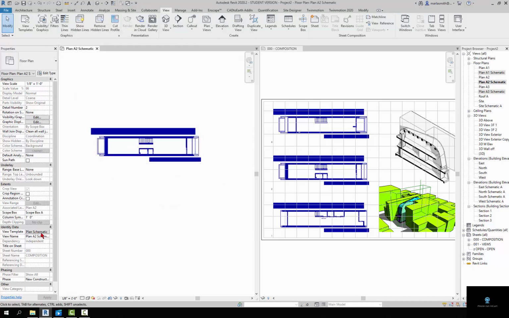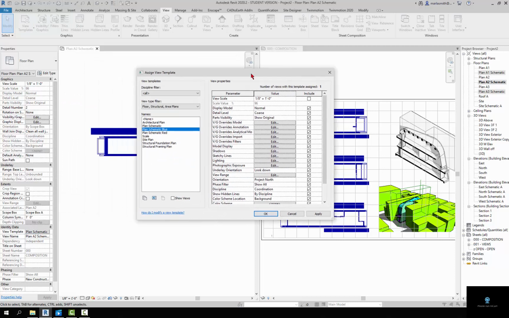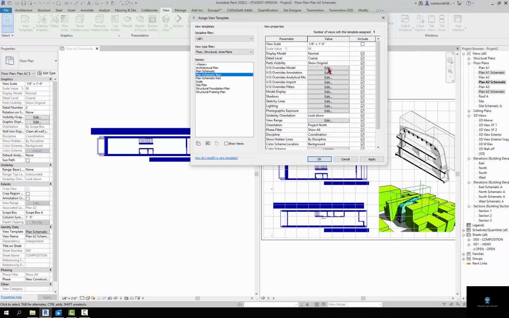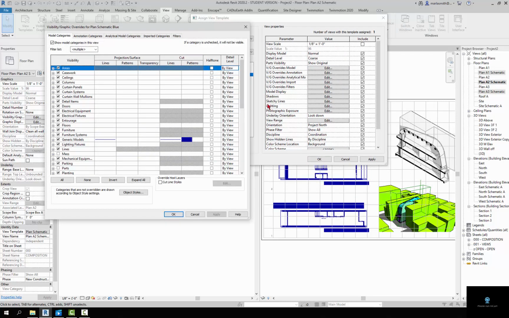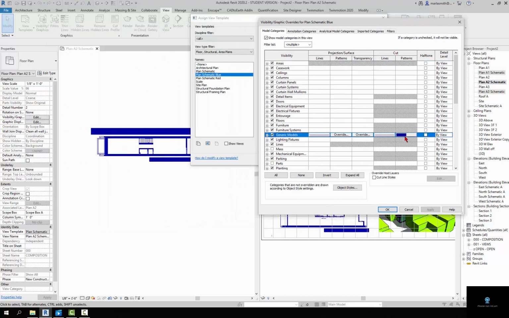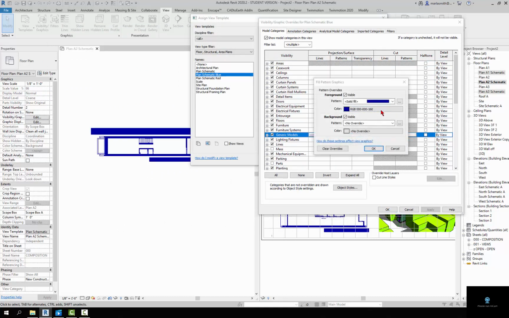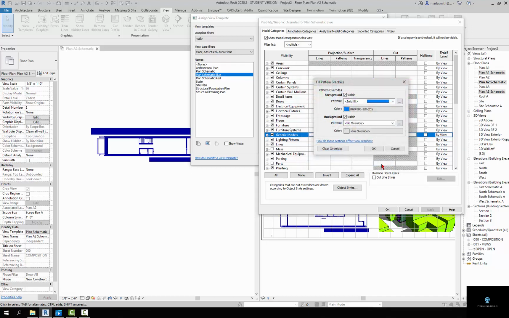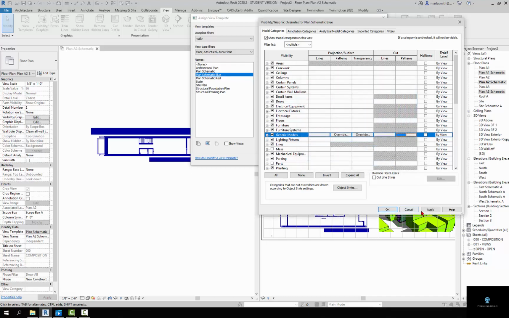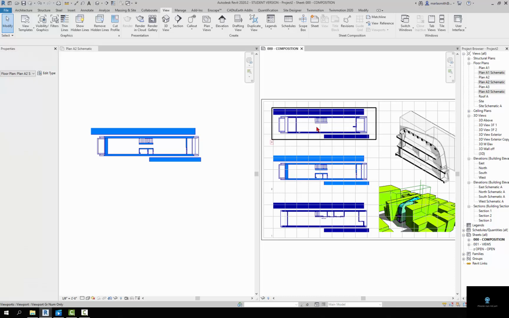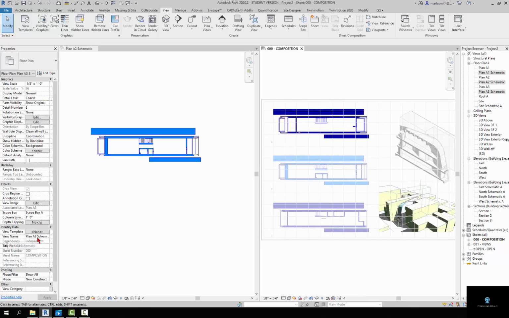So if I go to Plan Schematic Blue here in the view template and I go to edit the overrides on the model and I change the blue again to, let's say, a lighter blue, I'm just going to do it for the section, not for all of them, just to be speedy, and I hit apply, you're going to see that one update, but those two won't because they do not have it applied